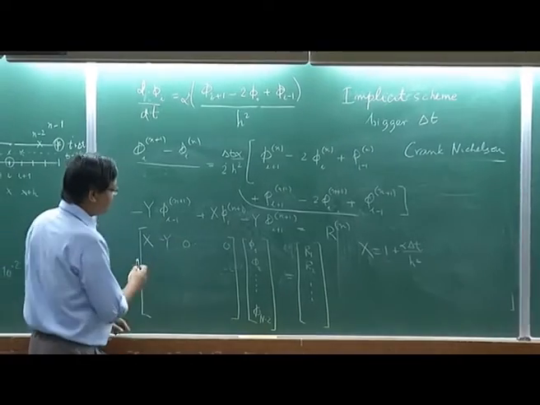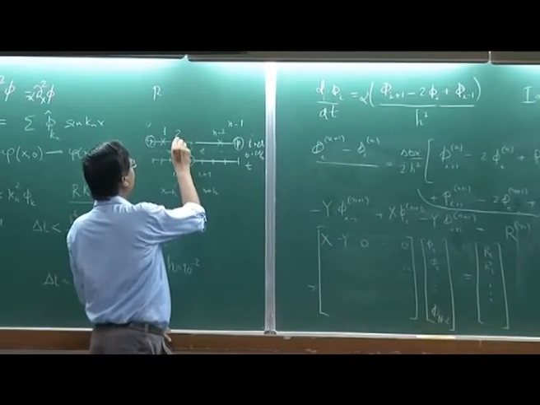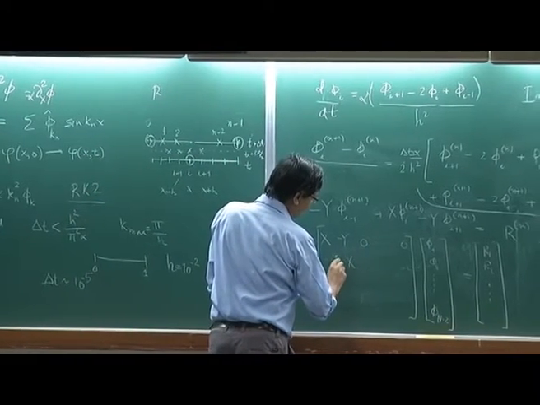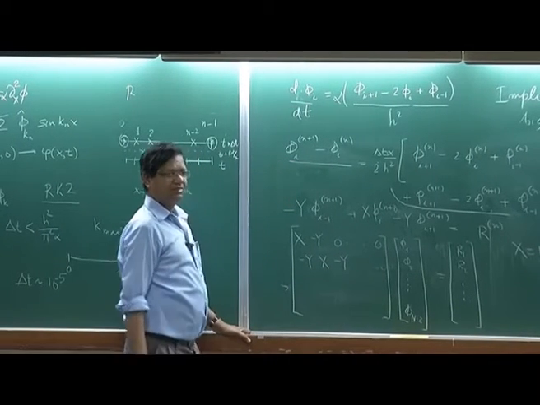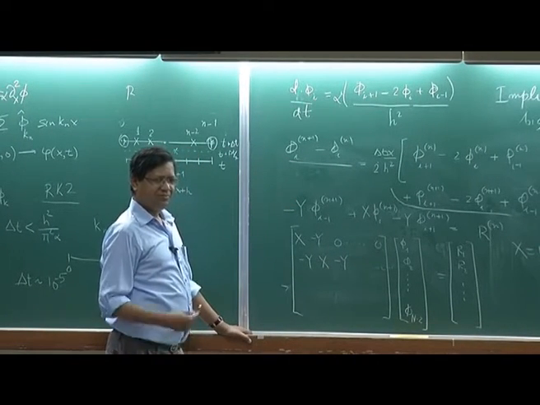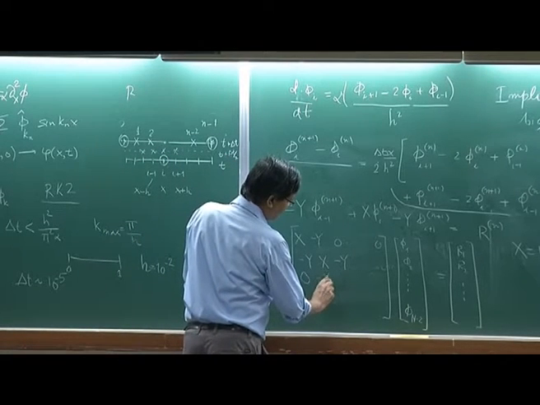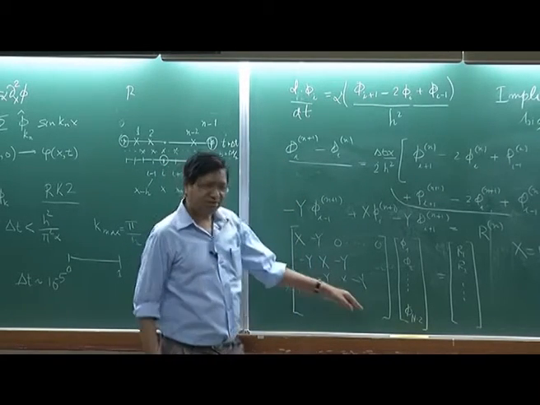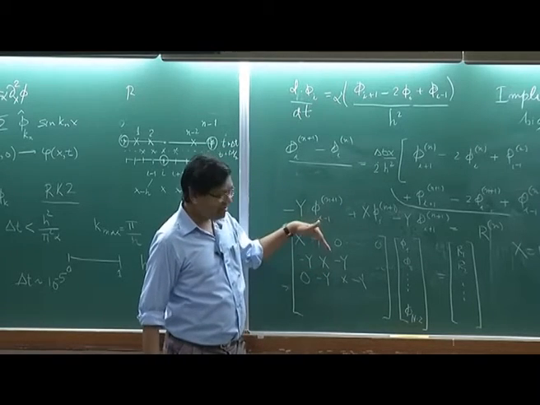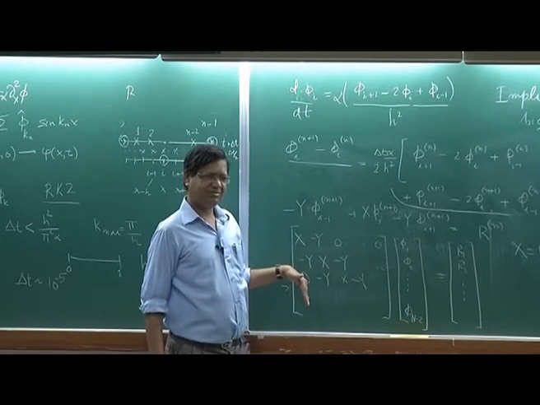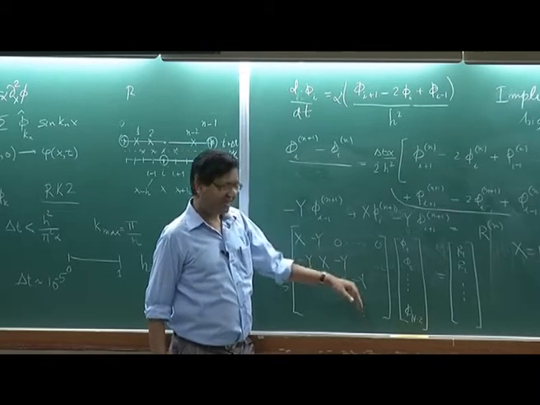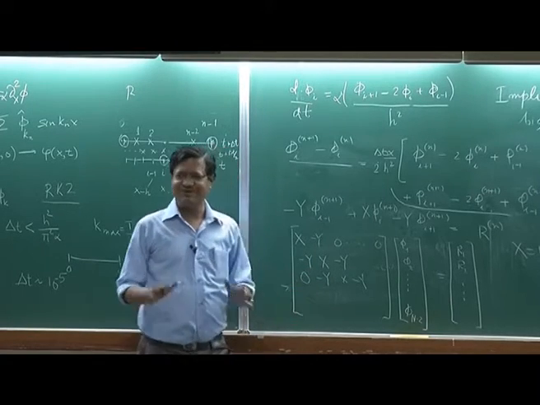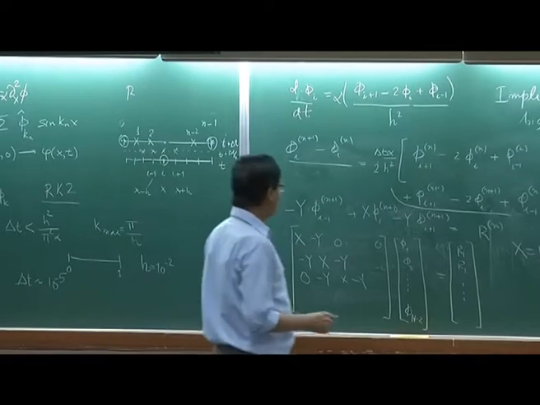Now, the next will be, if I look at point 2, point 2 will involve 1 and 3. So, now this becomes minus y, x, minus y. Next will be 0, minus y, x, minus y, and so this matrix has a non-zero diagonal, which is all x, above will be minus y and below will be minus y, and that goes all the way except the first row, which has only 2 entries, and the last row also will have only 2 entries. Now, you convince yourself, all of it I will not do on the board. So, this is called a tridiagonal matrix.